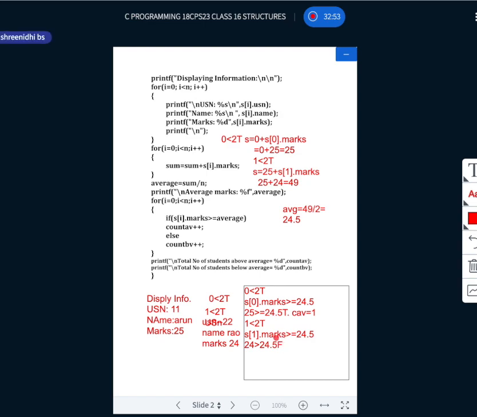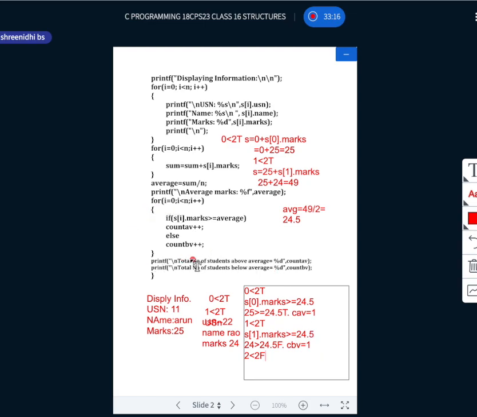The condition is false. What happens if the condition is false? Your count below value will be incremented. Count below value will become 1. Next, when you increment, 2 less than 2 will become false. You will come out of the loop.